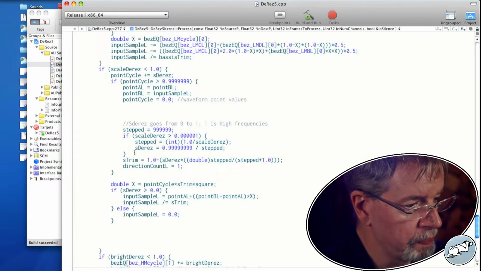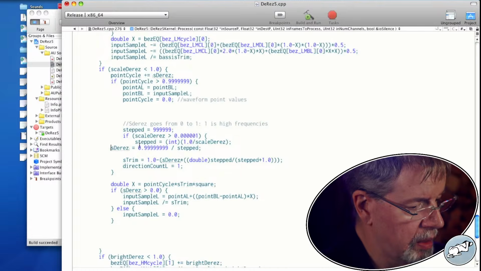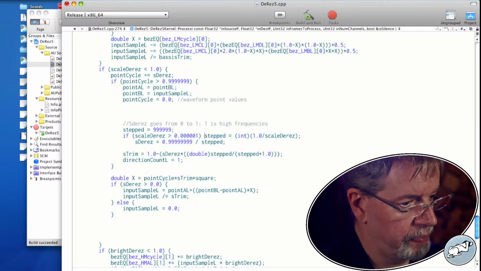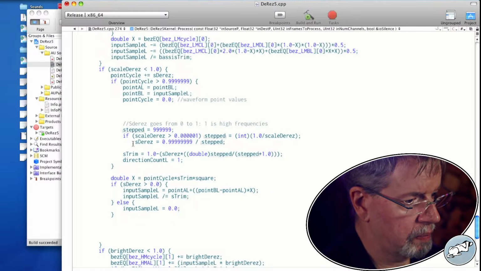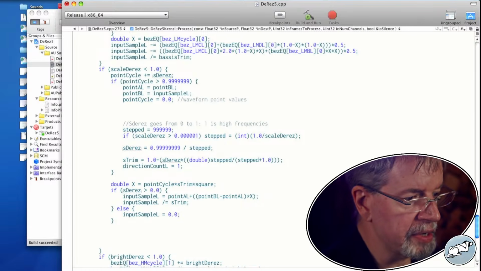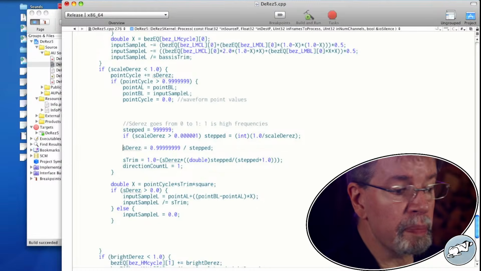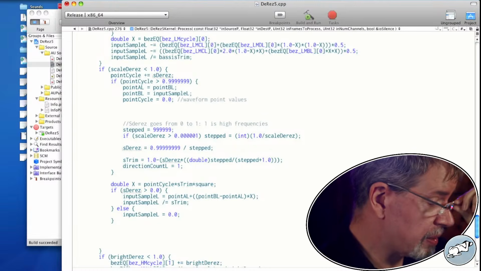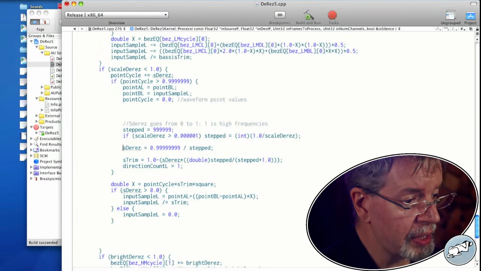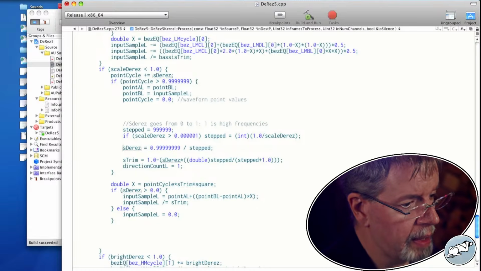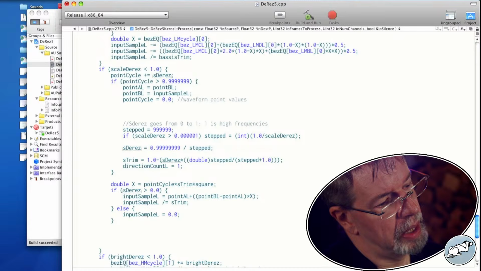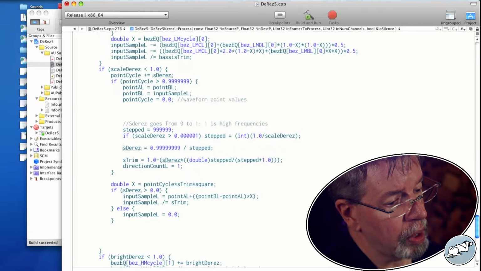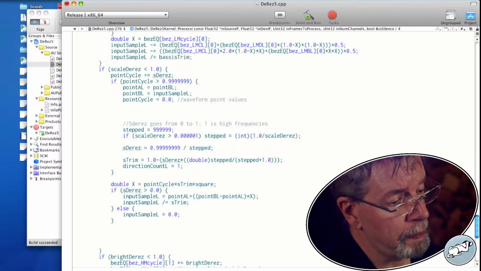Oh, that's a mistake. That's a mistake. This is not. That is not. Now it's going to do about the same. We're assigning SDRes regardless. We're assigning it to something that is going to be appropriate. We've kept basically the same as we had before. strim still functionally works. What we're trying to do now is update stepped.